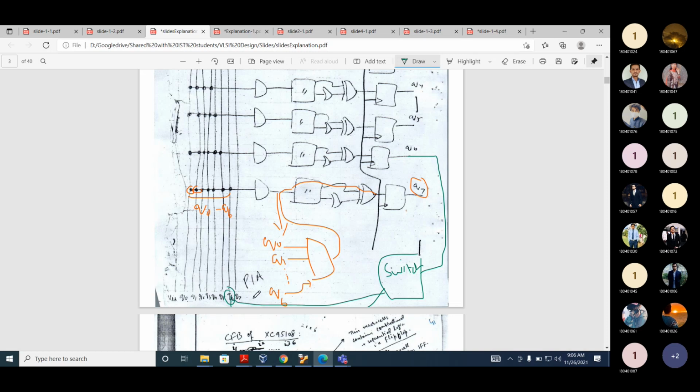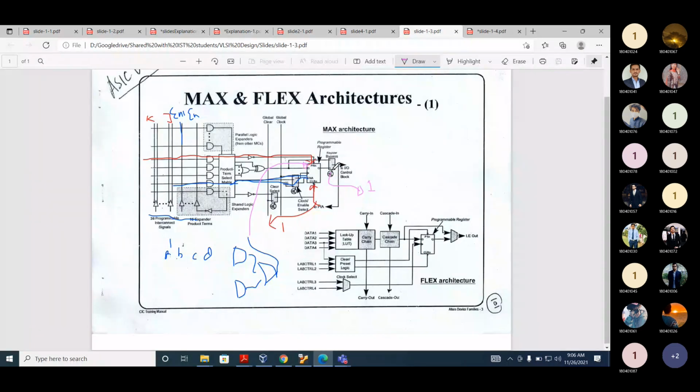Back to the input. If you look at the macro cell architecture here, let's assume the Q6 will be coming from this IO block, and then we will use PIA, that is the switch matrix, and it will be fed back to the inputs.